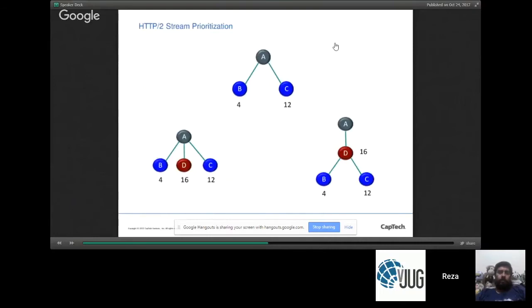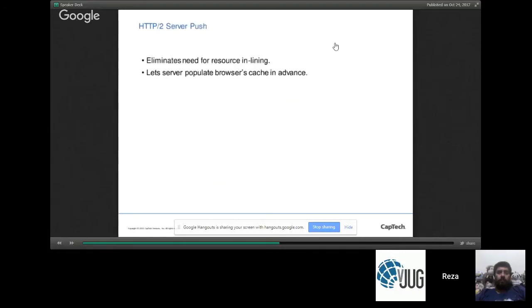Similarly, if there were 3 resources, B, D, and C, well, guess what? D has the highest priority, and then second priority is C, and third priority is B. And you can nest this, right? So this can be interrelated as well. So let's say A is dependent on D, but D is dependent on B and C. Well, all of these resources you can assign priorities to, and basically what will happen under the hood is that the browser and the server will make sure those resources are loaded first and are given more attention.